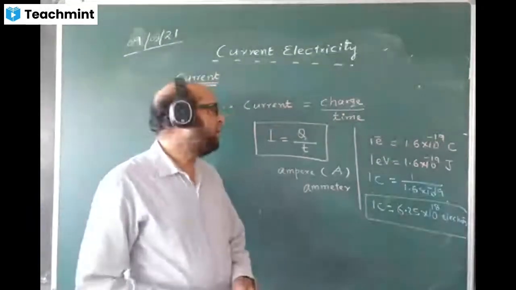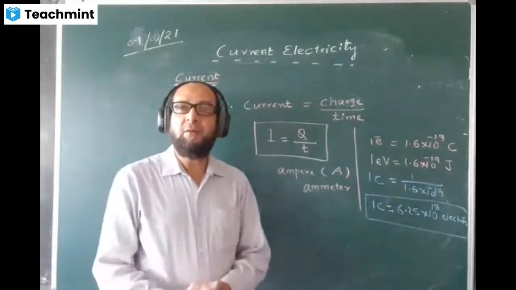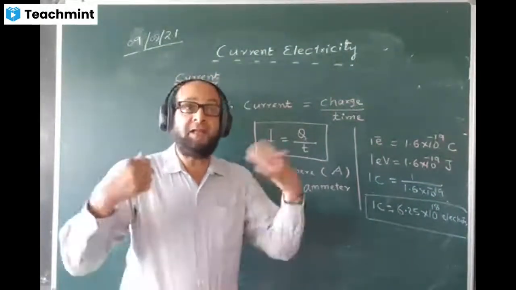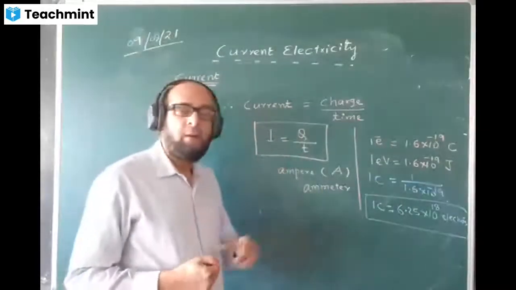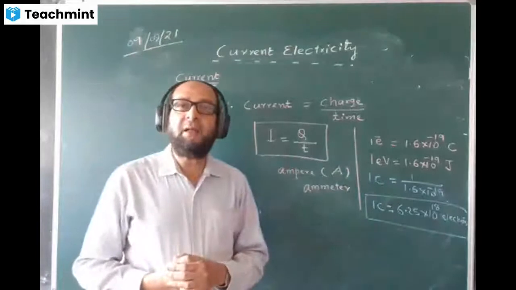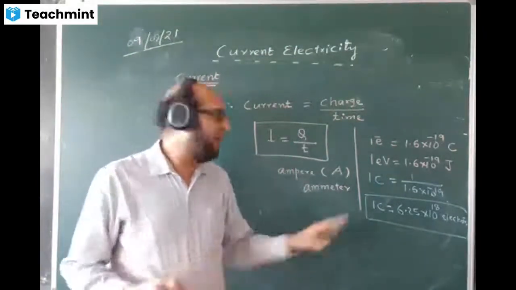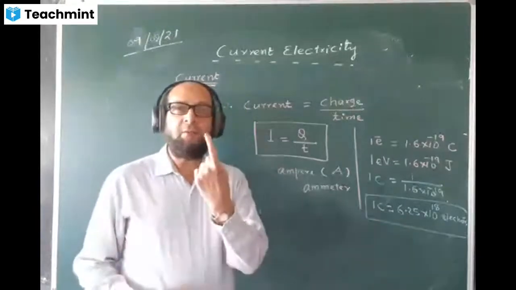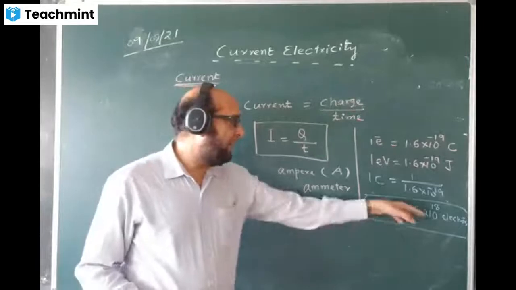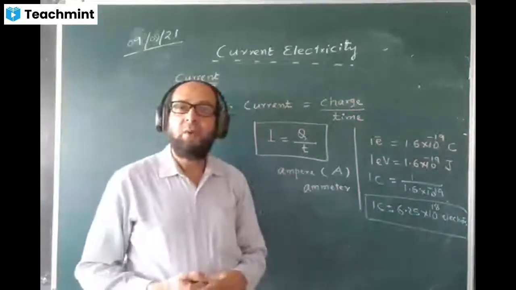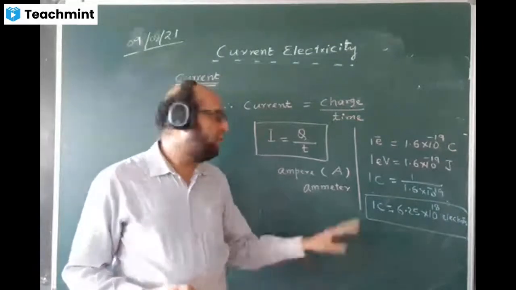By chance, the questions may ask you to calculate the number of electrons flowing. So how do we calculate the number of electrons flowing in any situation? For that we will calculate Q. Suppose the value of Q is coming 10 coulomb. So how many electrons are there? 10 multiplied by this value, because you know 1 coulomb has this many electrons. So 10 coulomb will have 10 multiplied by this answer. If your answer is coming 20, then 20 multiplied by this.